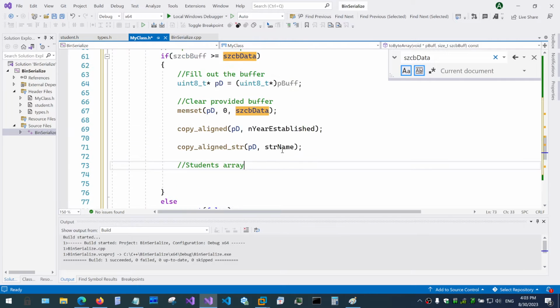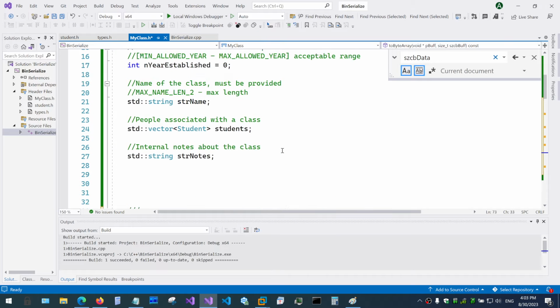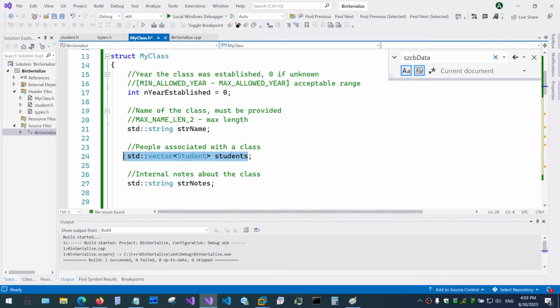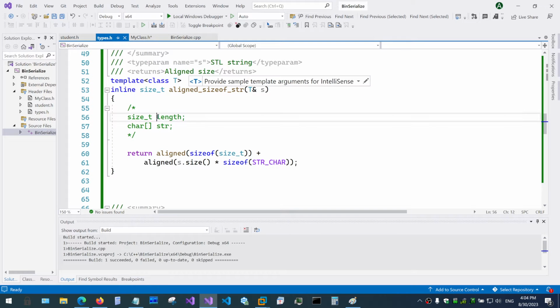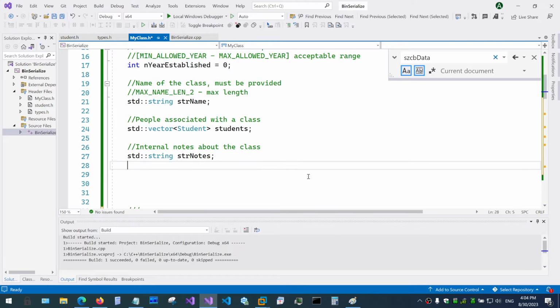we actually need one extra variable that I forgot, because the array, or list, or vector in STL, actually contains the number of elements that we need to encode, followed by the students themselves. So we need to figure out how we will encode these students in memory. If you remember what we did with our string, we specified the length first, and then we specified the array of characters. In this case, what I'm suggesting we do, just quickly